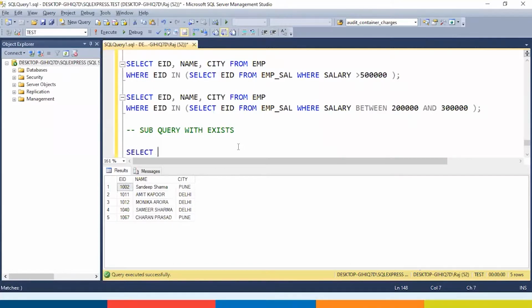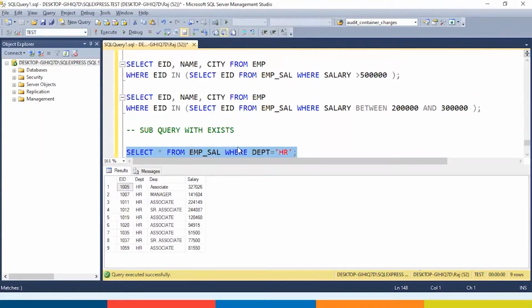I will say select star from emp underscore sal where department is equal to HR. It's a simple query: select star from employee salary where department is equal to HR.